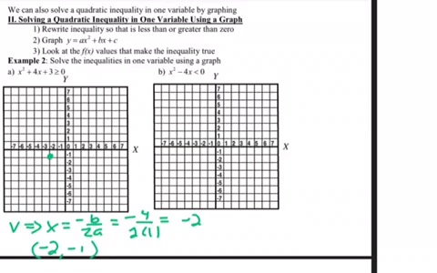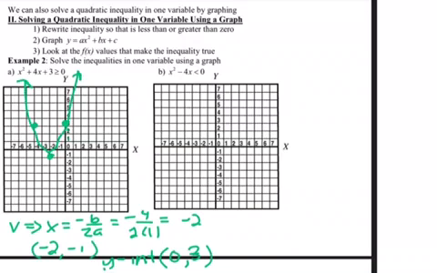And then if I use my y-intercept, which is 0, 3, 1, 2, 3, and it's solid because it's or equal to, and I'm going to mirror that point. So I'm going to go over to,